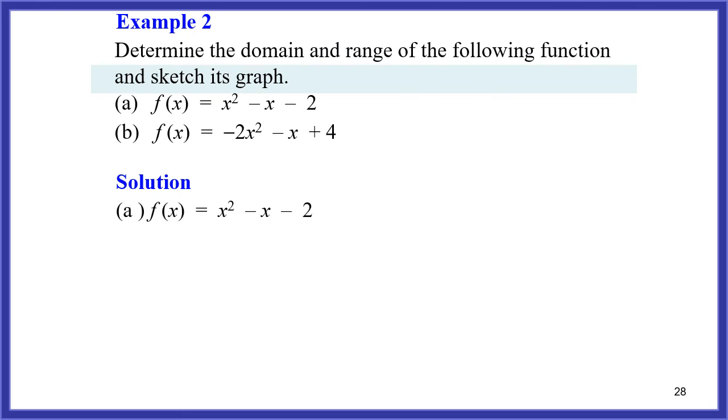Determine the domain and range of the following function and sketch its graph. So now we want to find the domain and range for this function first. Because it's a function x squared minus x minus 2, we can do completing the square, or to find the minimum or maximum we can directly use the formula h equal to negative b over 2a. Here the domain we know directly is negative infinity to infinity, but for the range,